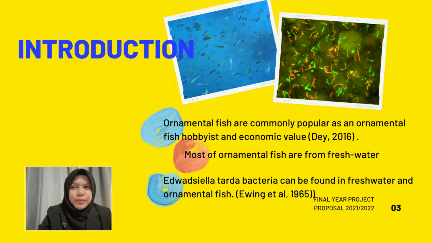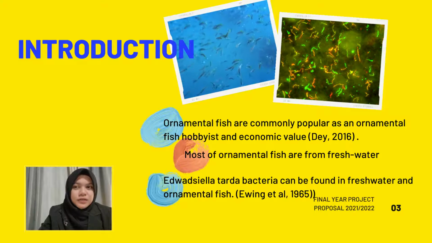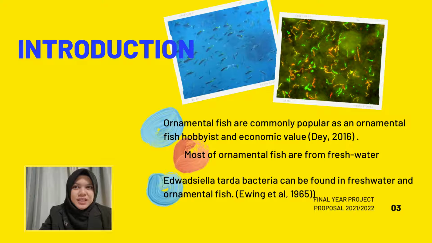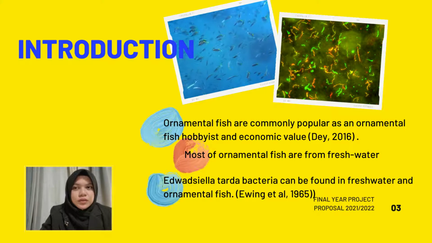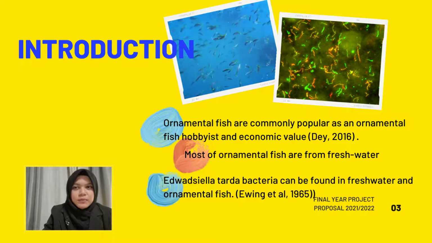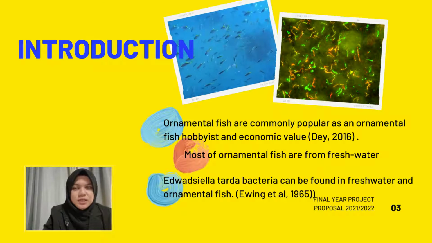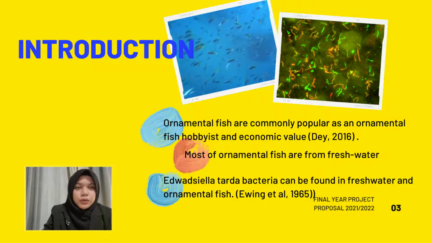This is supported by the Department of Fisheries Malaysia in its production report of ornamental fish and aquatic plants by states in 2016, which stated a total of 402 million bundles of ornamental fish produced, including species of Carapridids, barbs, danio, goldfish,